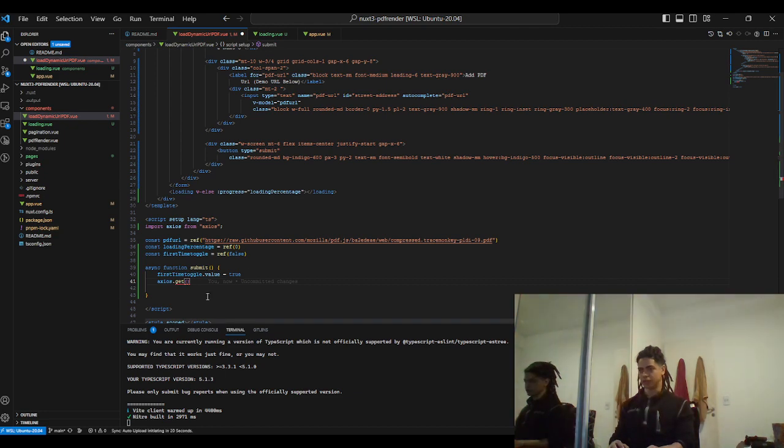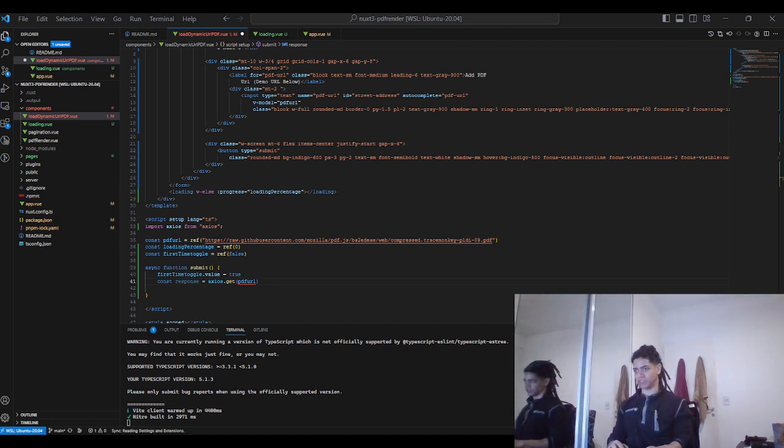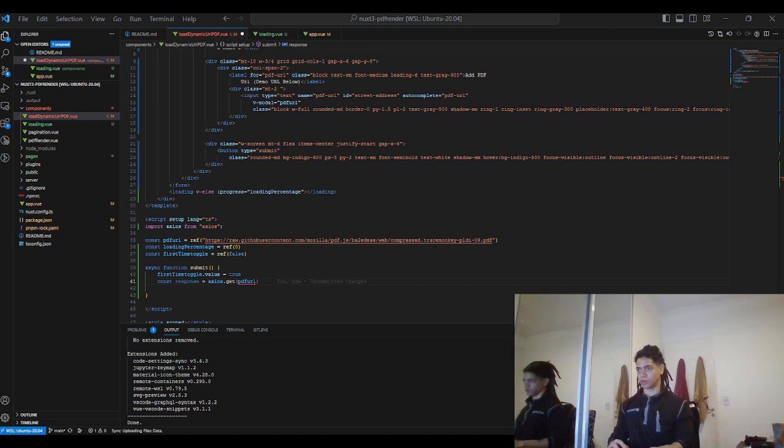So like this. So Axios get that. So let me pass this to PDF URL because after all I'm doing a get request. Okay. So this will get is the response. And if I want to access any of those interceptors, okay, so in the interceptors, like this,